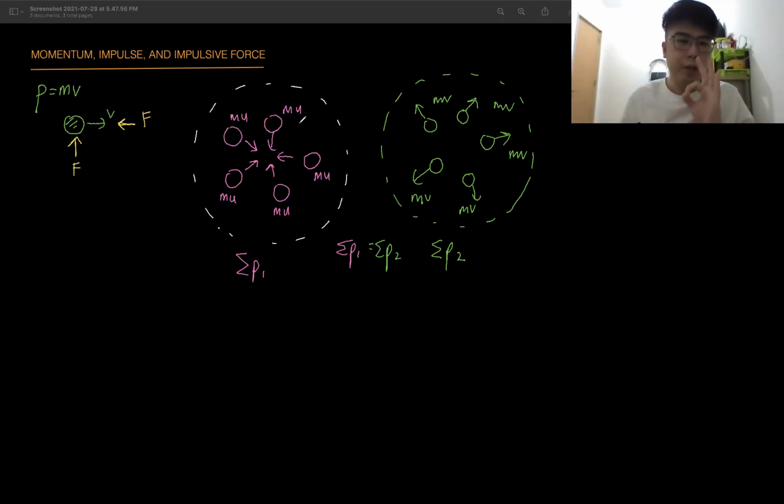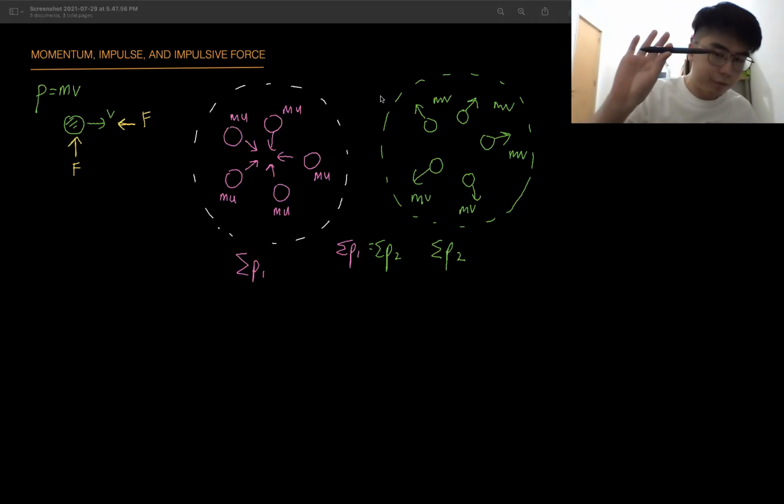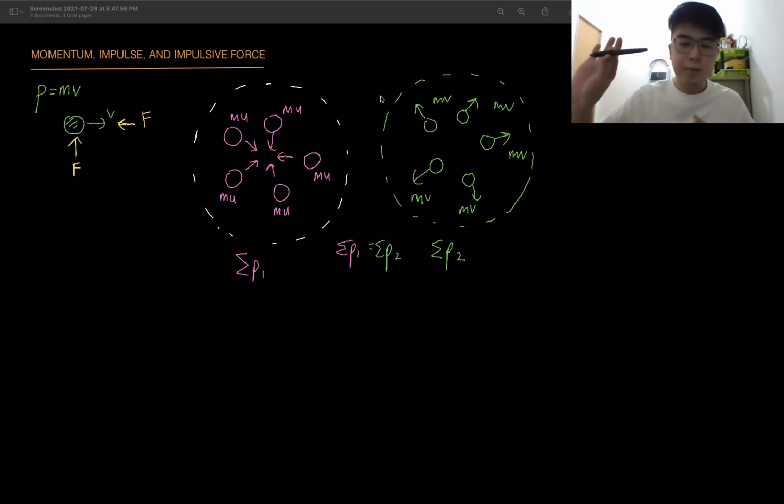Now, the condition is no external force, right? So what is an external force? What is a force? You have learned about it. How do you define it? Force can change the momentum of an object. Let's say I have one object moving in this direction at speed v, so it has momentum in this direction. Before I try to stop it, this object by itself is a system, moving in its own system.